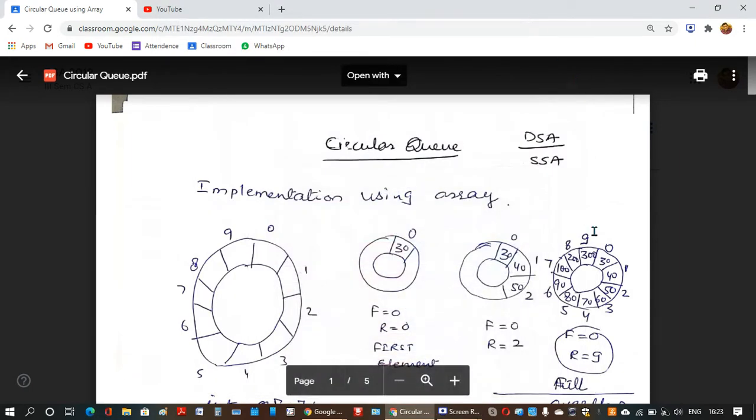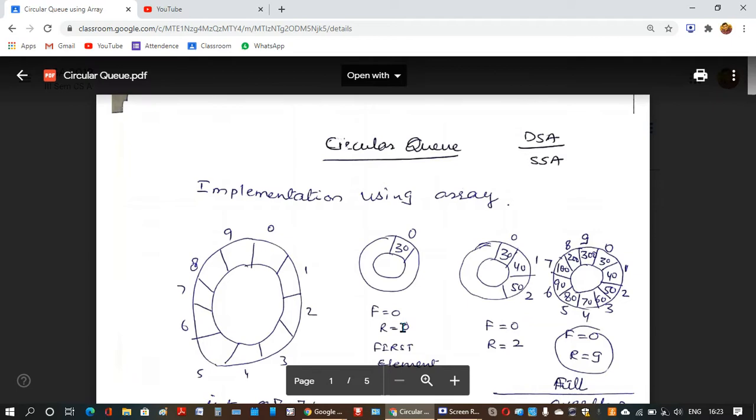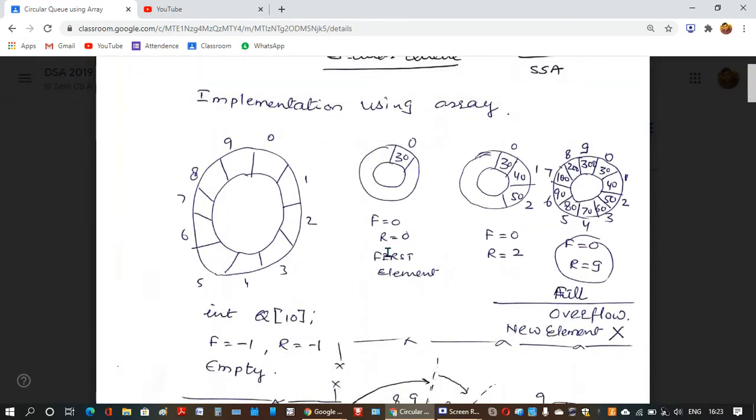Today we will see how to implement a circular queue using an array. So you have already implemented a simple queue using array. So this will be comparatively easier for you to now understand how a circular queue is implemented.